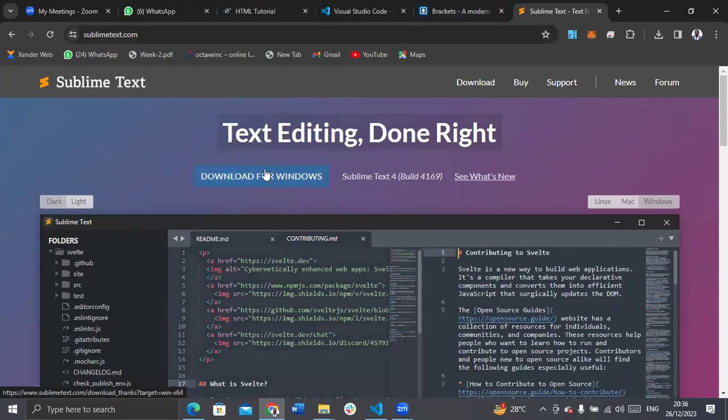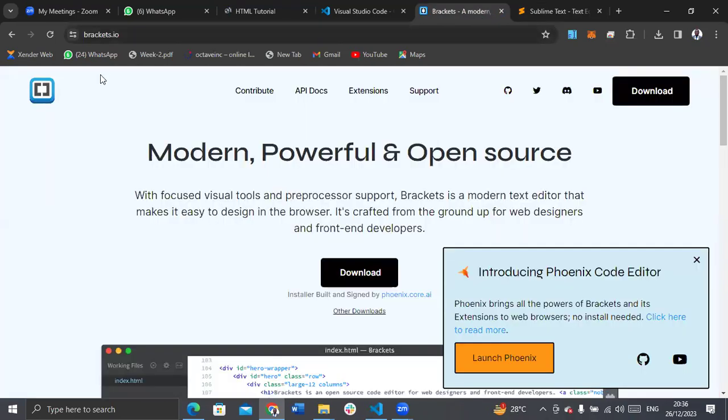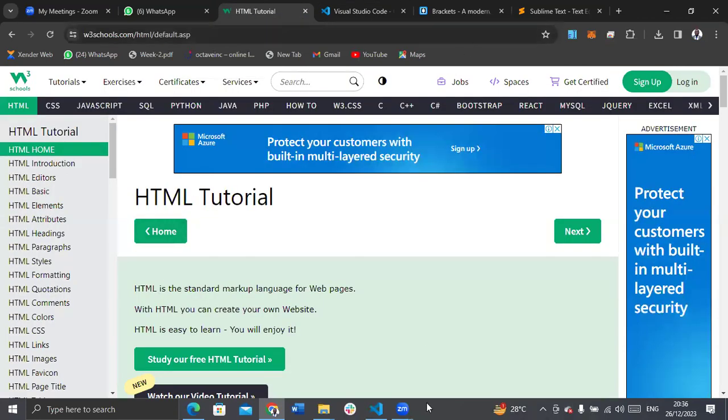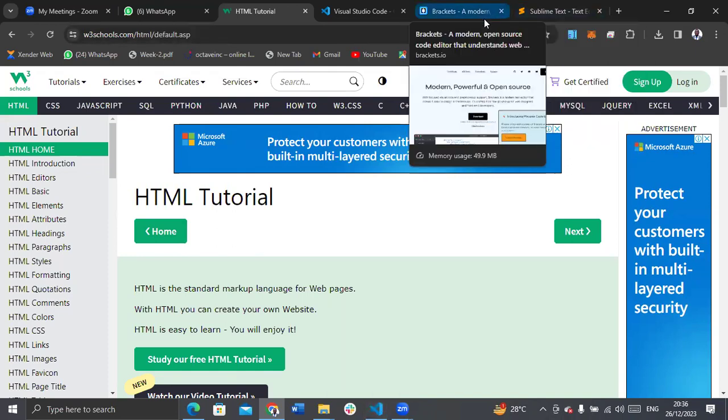Very simple. It will download fast. It doesn't consume much data. Same as Brackets. This is the logo of Brackets. Download it here or here, any one, and it will download. And same as VS Code, just hit download for Windows, click here and it will download. Now, if you download your Brackets or Sublime or VS Code,